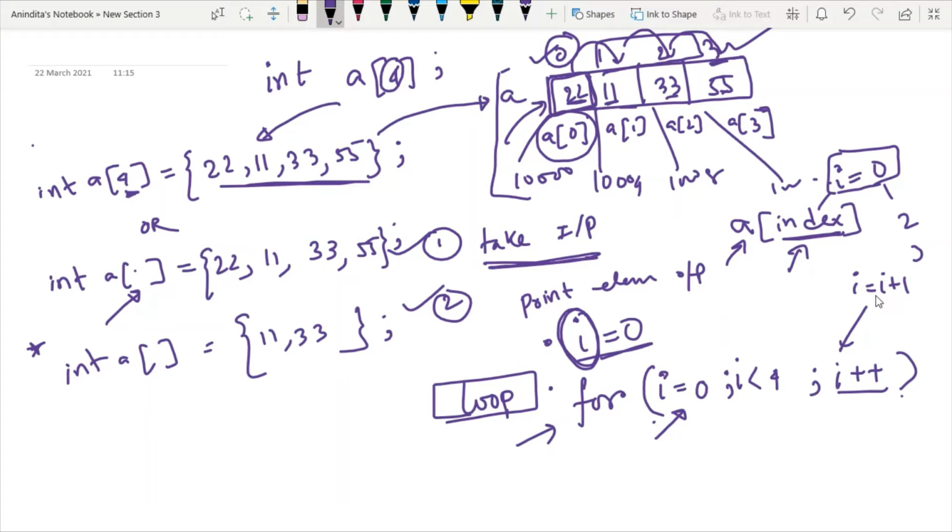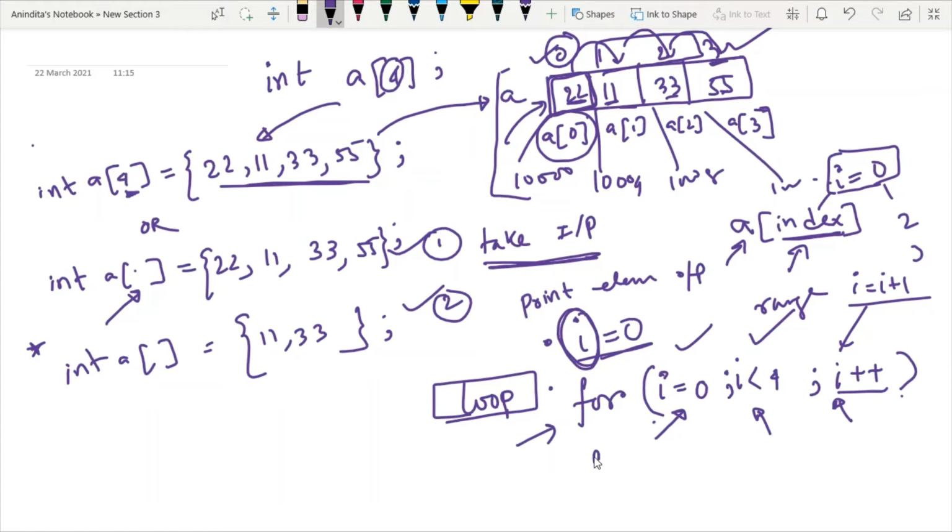Here you have to understand 2 points first. First, what is the syntax of the for loop and how the for loop will work? This three-part pattern you cannot change. The first condition should be the initial condition, then the second condition will be the range, up to which index value you have to continue, and then how you are continuing your traversal, incrementing the index value by 1 and moving similarly.